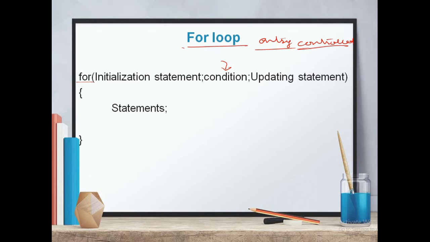For loop is very popular because all these statements are written in one line. By seeing this one line you can easily understand where the loop is starting, what is the terminating condition, means where to stop this loop, and again the updation. After seeing this line, you will easily understand how many times this loop is going to be executed. This is the specialty of the for loop. That's why for loop is very, very popular. So we will see the working of this for loop.